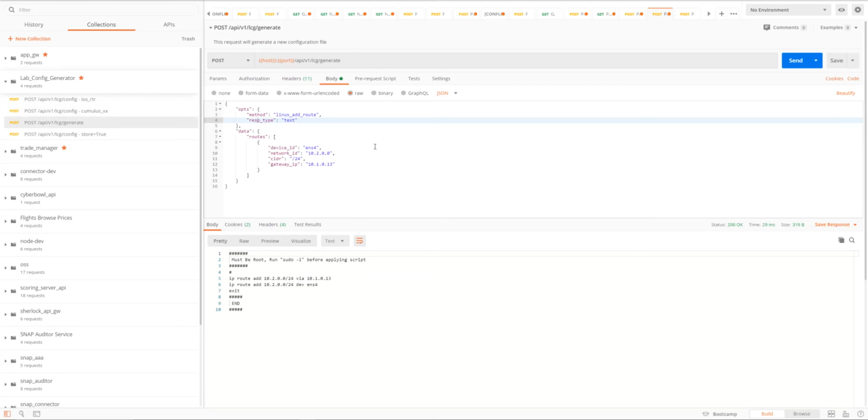Especially when I'm doing Linux stuff, there's a lot of times that I'll run commands or do a bunch of stuff on my box and then completely forget about it when I come and look at it later. Especially when it comes down to static routes and networking within the Linux machine. So I created another endpoint within my lab configuration generator called the generate endpoint, which allows me